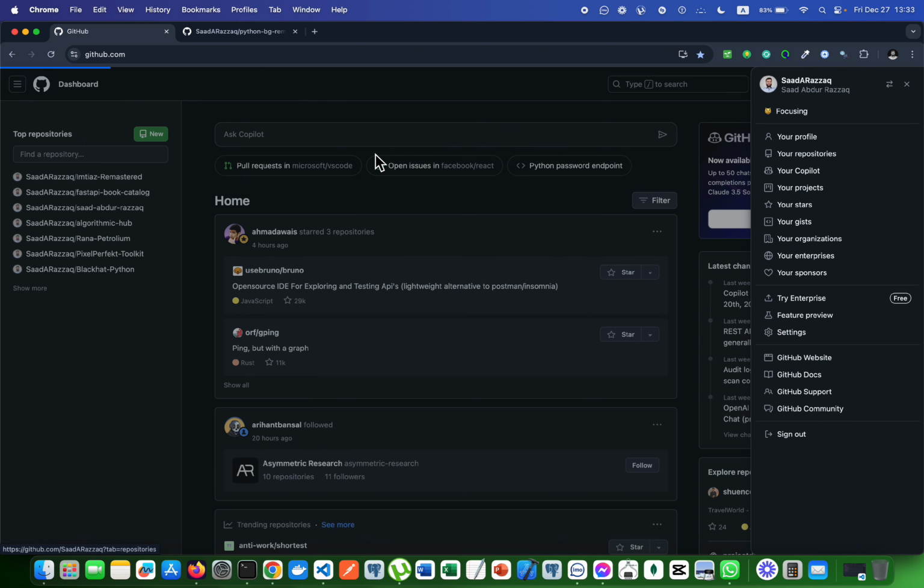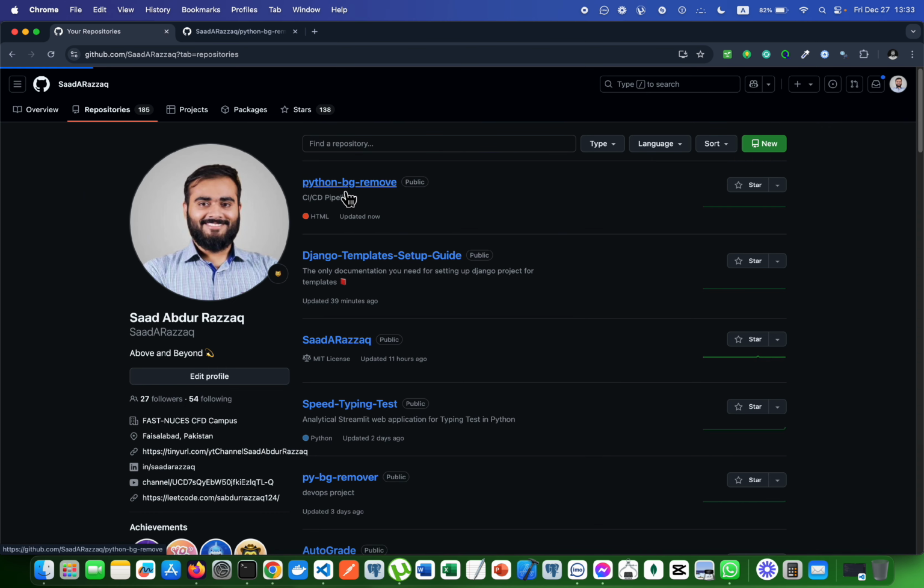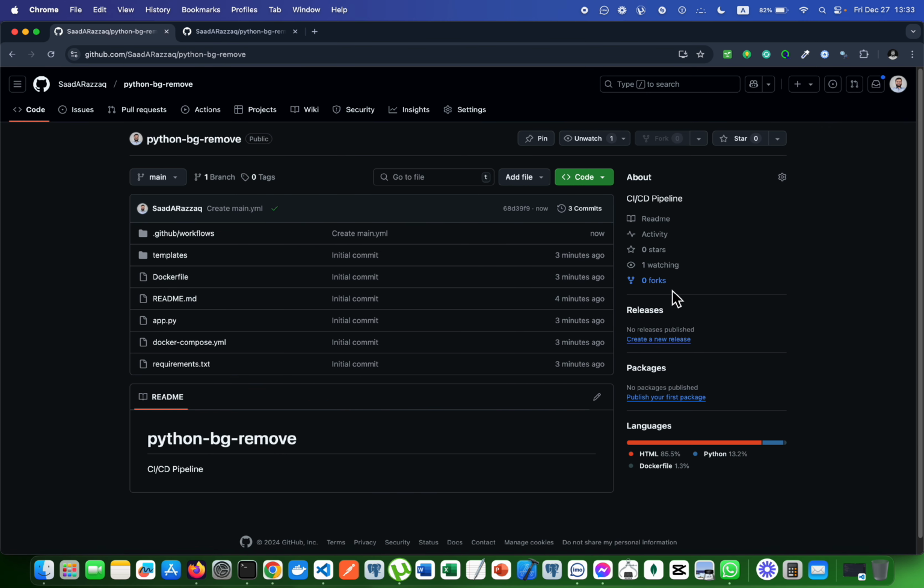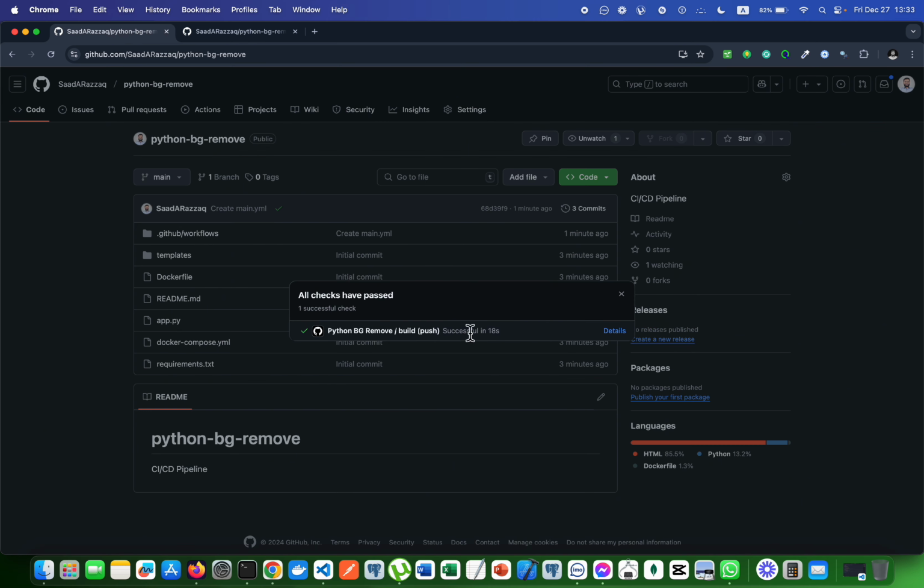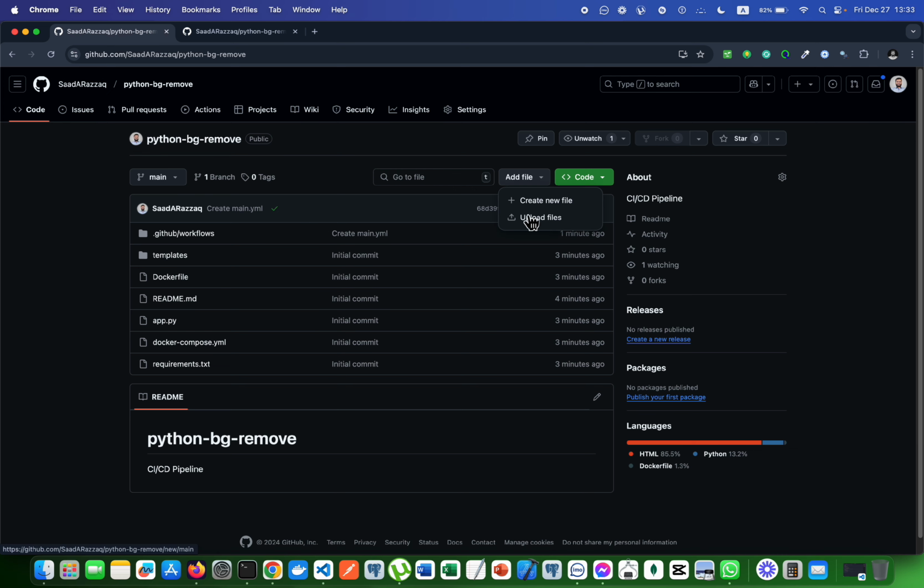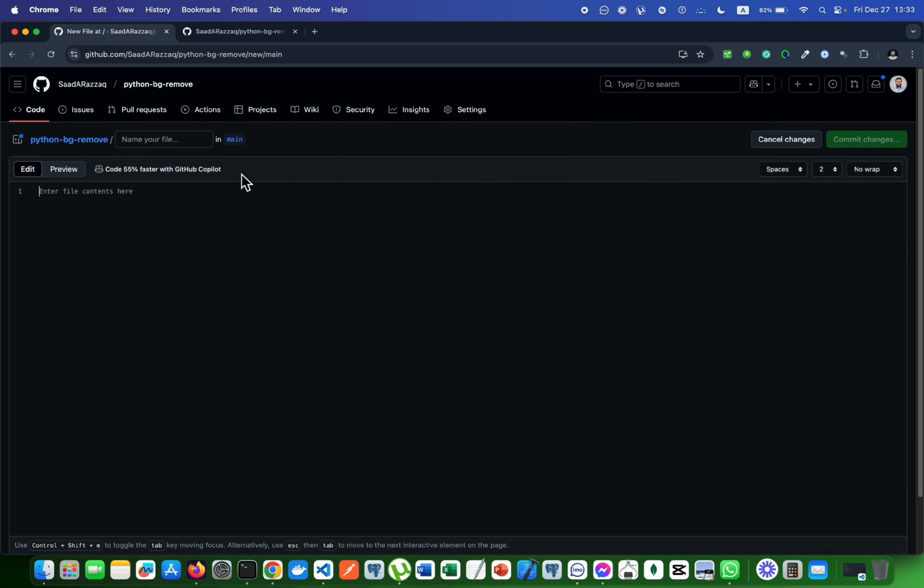Let's see if our CI/CD pipeline is successful or not. And here's the Python BG remove, and as you can see here, success. You can also see it here as well. And if I make some changes here, let's say I create a new file called test file, and write "this is test file onto the CI/CD". So let's commit here,